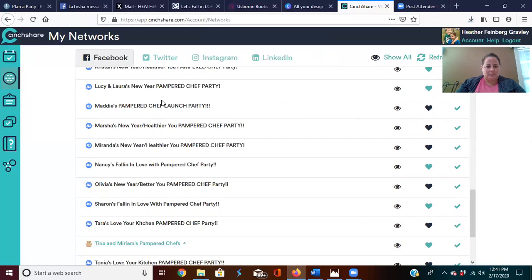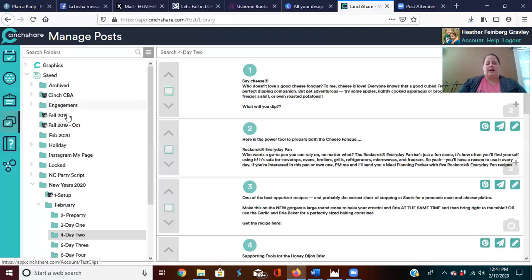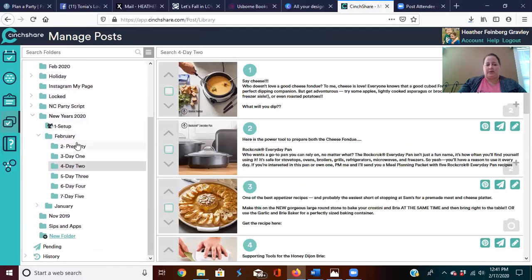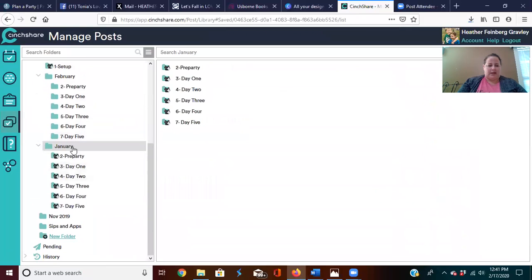Okay. Very good. All right, so I have all of them changed over to black, so now they'll show up when I want to go and do a post into that party. What I'm going to do now is go to the little checkbox, which is Manage Posts. Now I have some things already saved that I always use in my setup. So I think I have it listed under, let's see, that's my pre-party. I actually have it,